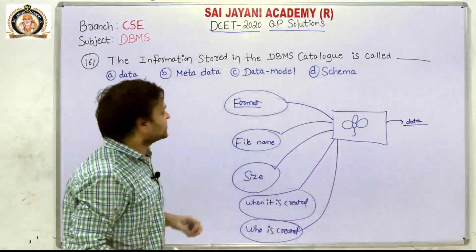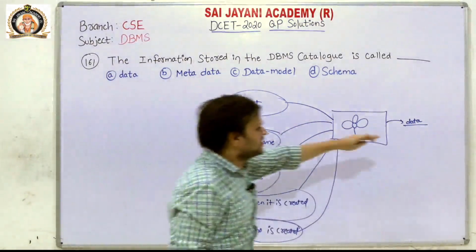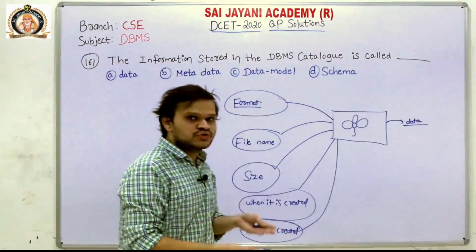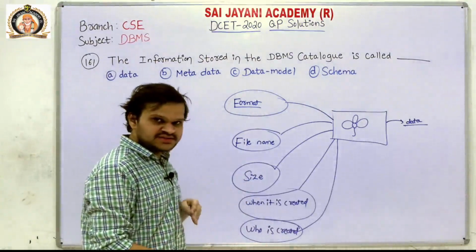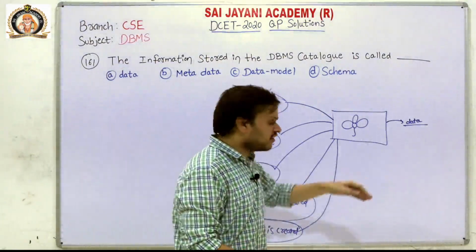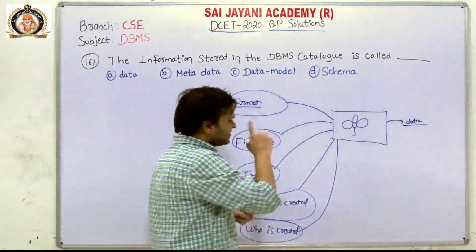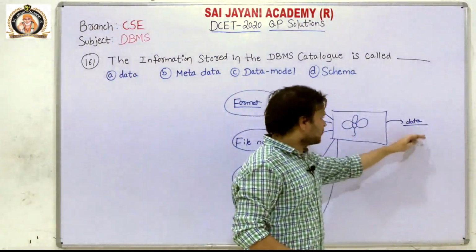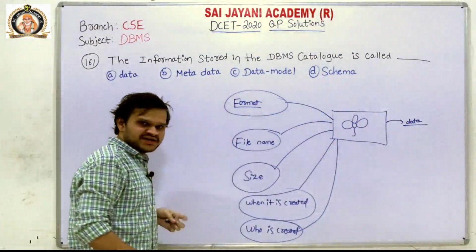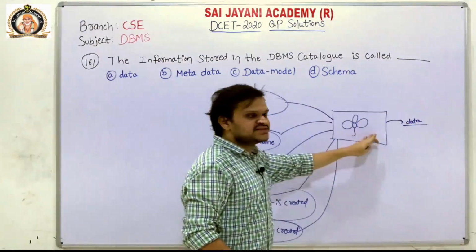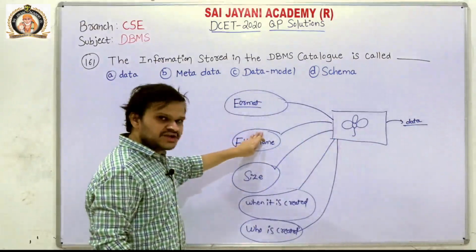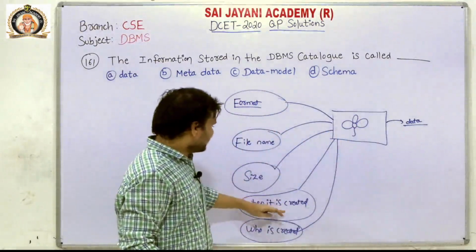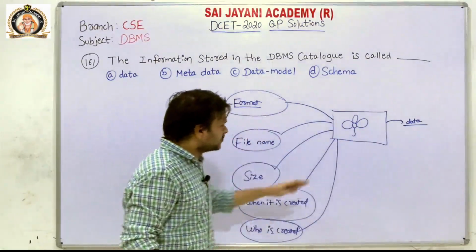Likewise, what is my point? What is metadata? Metadata is data about data. That means metadata is used to describe the properties as well as the characteristics of some other data. In this example we are considering a flower image. This is data. It also contains some other data like the format of this flower image, the file name, the size of this image, when this image was created, and who created this image.